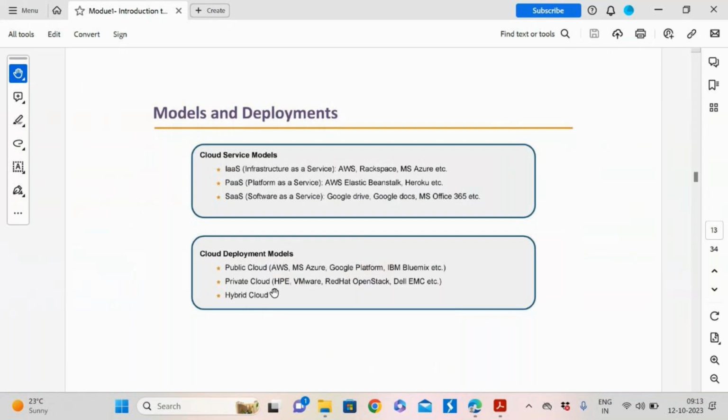For example, let's consider IBM. IBM is a very big company. They maintain their own data centers. That means they usually have their own infrastructure. They set up data centers and configure them,